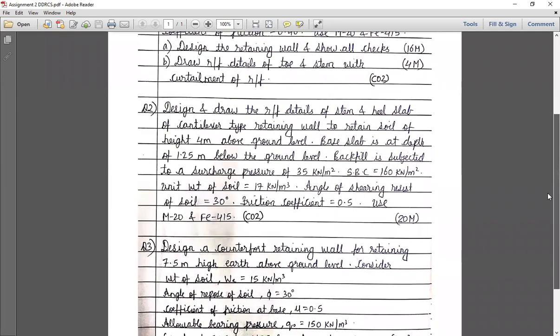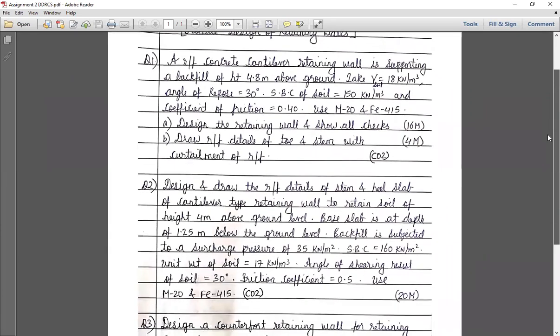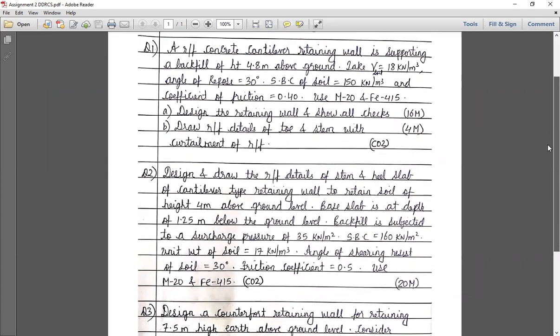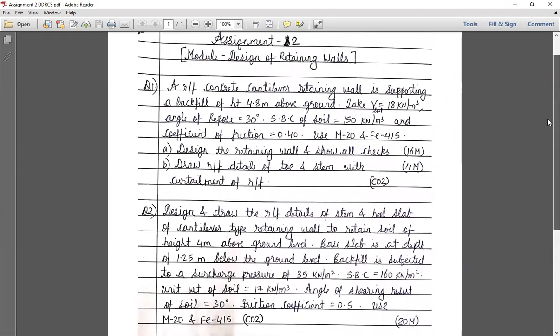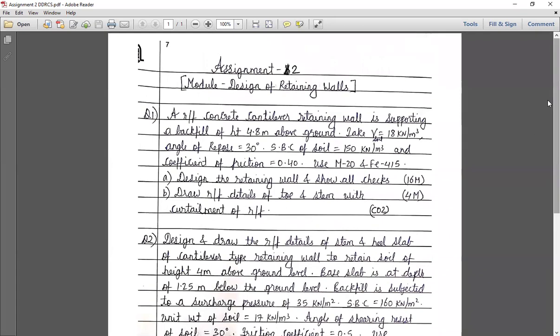So again, in this assignment also only 3 questions. So the first question is a cantilever retaining wall. The second question is again a cantilever retaining wall, but I think with surcharge. And the third question is counterfort retaining wall. Okay. So one is normal without surcharge, one is with surcharge, and the last one is counterfort. Now